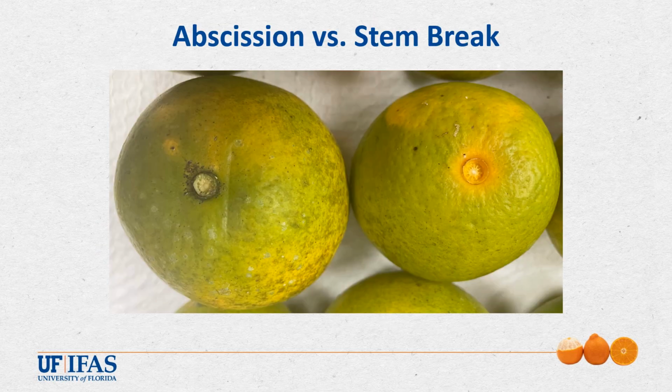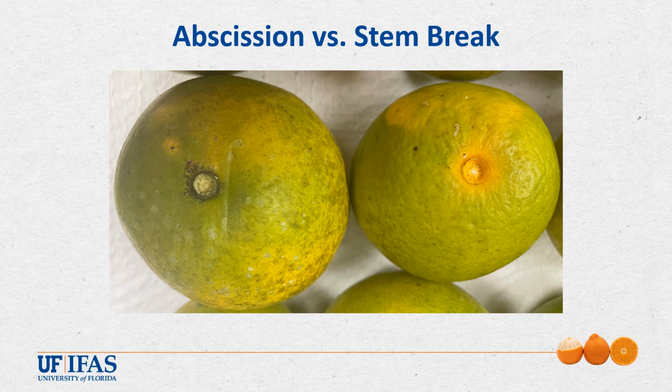For this course, we want to differentiate between a fruit that might break at the stem due to forces from winds or grove equipment, which is shown by the fruit on the left, and fruits that detach naturally from the tree or go through the abscission process, which is shown on the right. Growers may see more fruit on the ground after inclement weather, but it may not be due to fruit drop but from forceful removal from the stem.